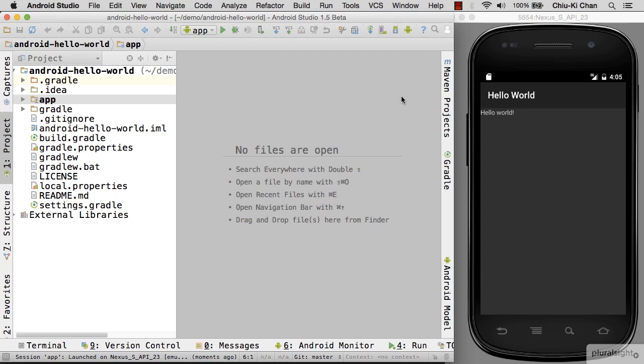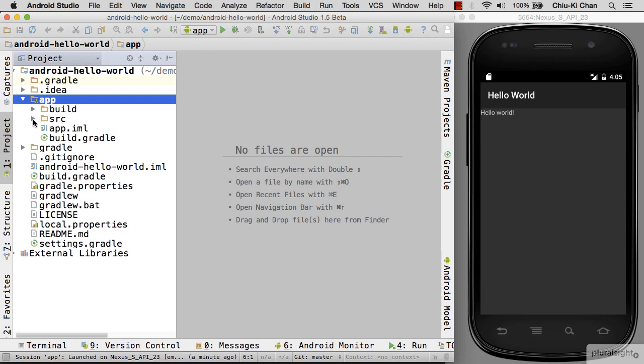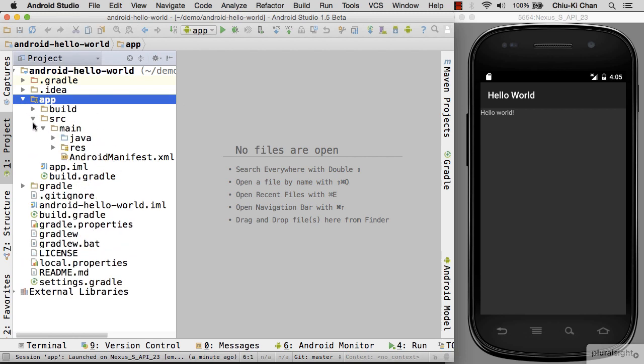An Android project has a lot of files and folders. Many of them specify the structure and dependencies for the build tool to assemble and compile the app. We will not go into them right now. The code for your Android app lives in the app folder. If you dive into the source folder, you can see that there is a file called